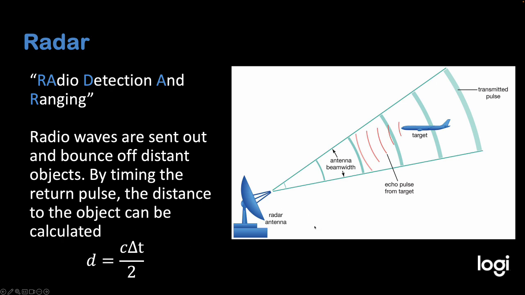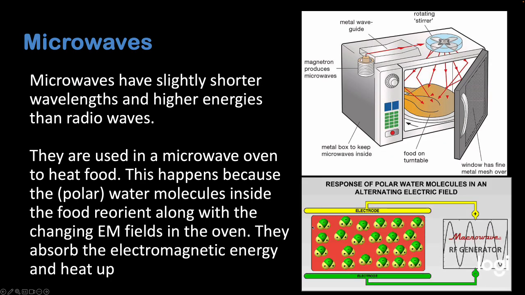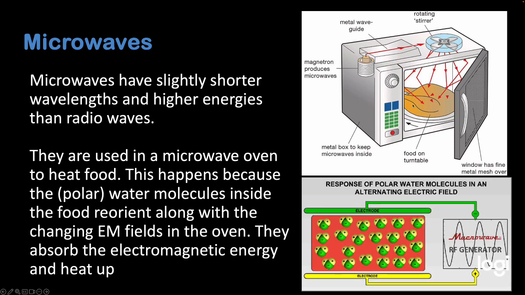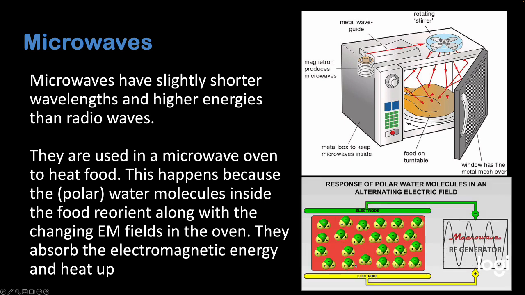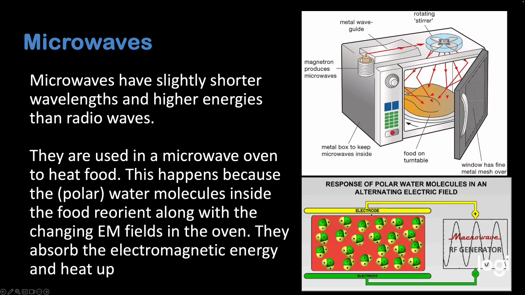So that's a bunch of different applications of radio. Of course, we can go down to shorter wavelengths and talk about microwaves. Probably all of us have one of these in our homes, where we can use microwaves to heat up food. What's actually happening there is the water molecules that make up your food, if we send frequencies of radiation into the microwave oven, will kind of resonate and make these